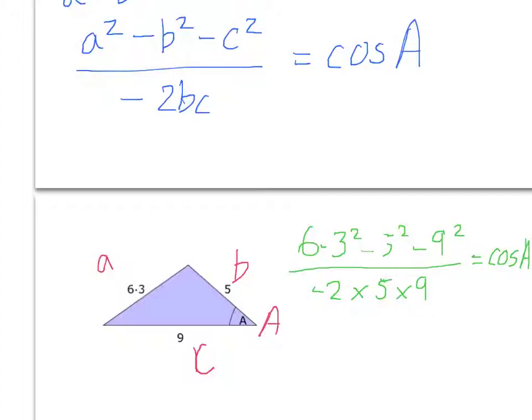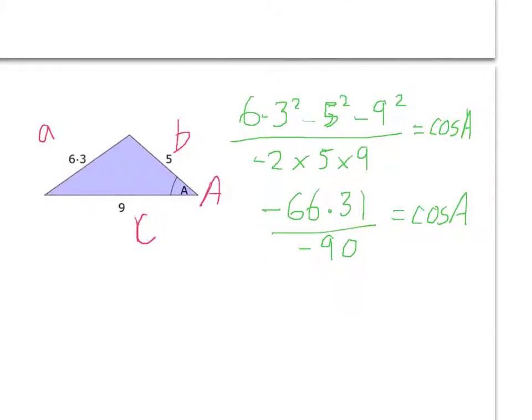So, if you sort out the top bit by typing it into a calculator, you're going to get the answer minus 66.31. And if you sort out the bottom bit on a calculator, you get minus 90. Okay, now it's all about calculator skills and remembering that to find a missing angle, you do the inverse of cos. So, you do the minus 66.31 divided by minus 90, you get 0.736, etc. And that's equal to cos of A. So A, do the inverse of that, you end up with